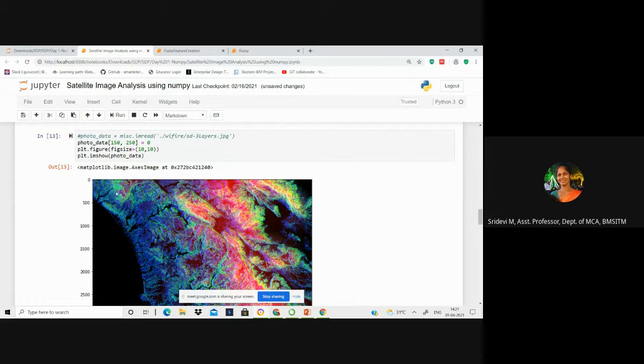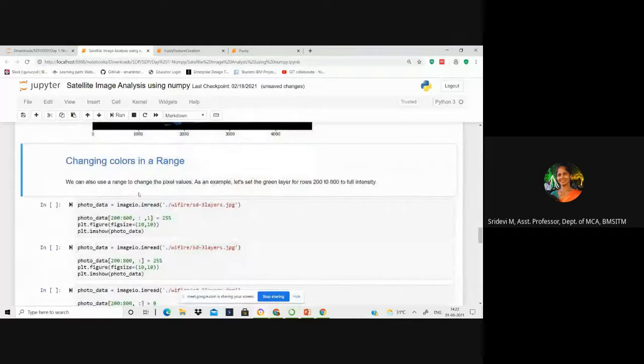Why? Because you are trying to make this change with respect to a single pixel, which is unnoticeable when compared to this large image, right? So let us do it with respect to a collection of rows and columns so that we can easily identify the change that is made.